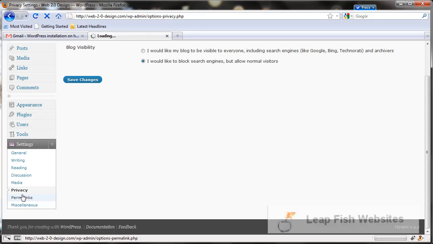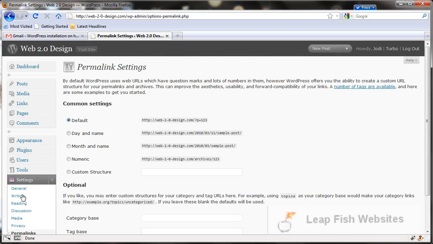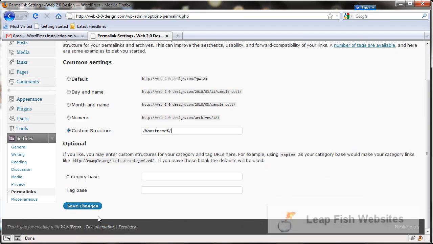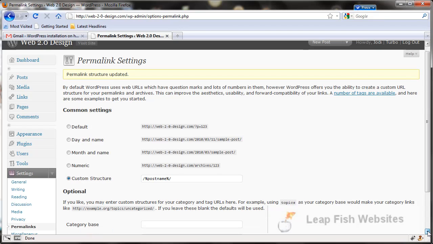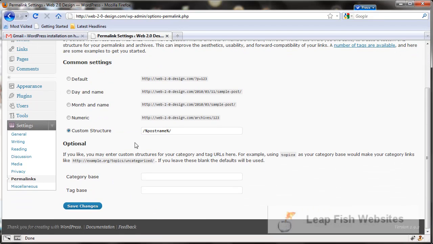Now another thing you'll want to change is permalinks. You want to make a custom structure, and then all you need to do in here is type /%postname%/, with the post name and then another slash. That's the ideal, optimum way to have your permalink structure set up. I'm sure there are other ways. I have found a few other articles that talk about including other stuff, but you can do your research on that